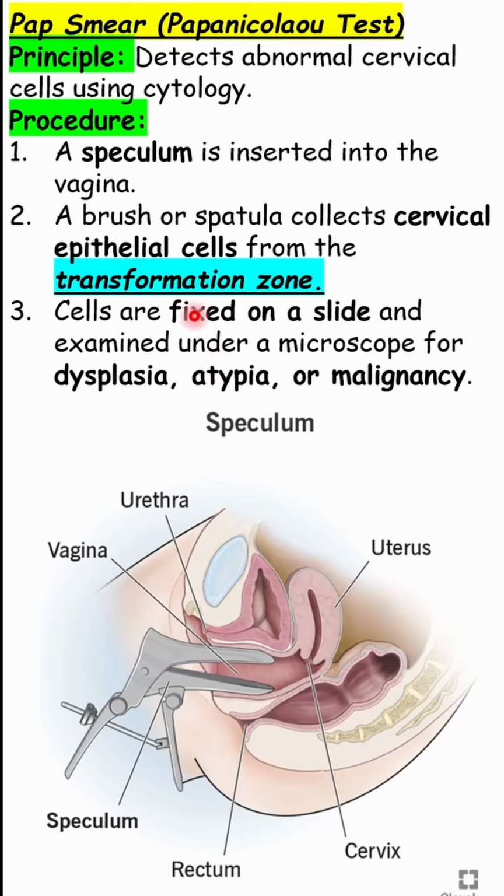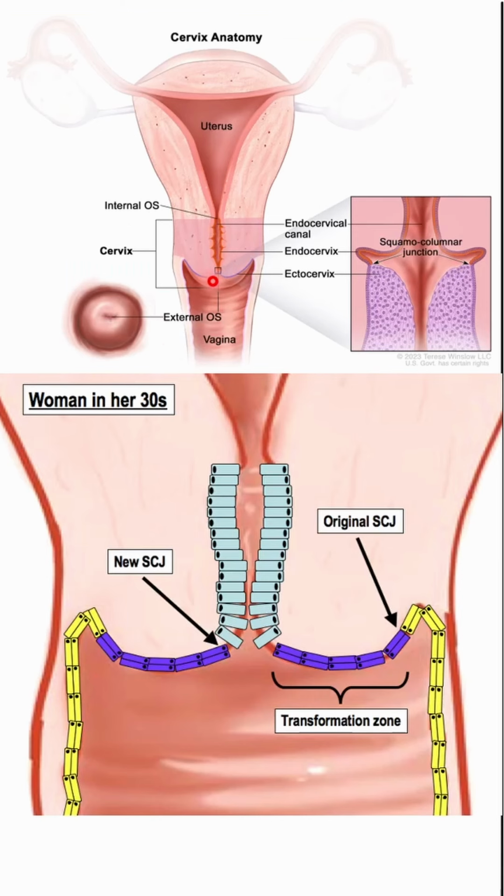Okay, now if I tell you more about the transition zone, look at this picture. This is the cervix, and if you zoom in here, you can see that these cells are the columnar cells and these cells are the normal epithelial squamous cells. So these are the transition cells. This is called the squamo-columnar junction. Alright, so from here the cells are taken and studied. Okay, then